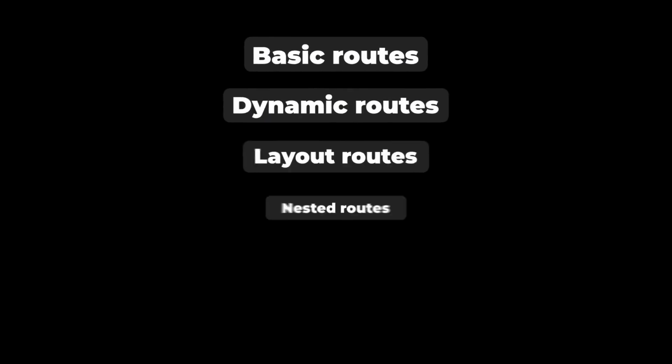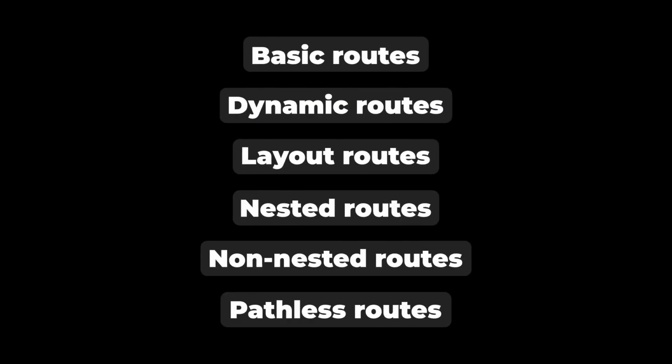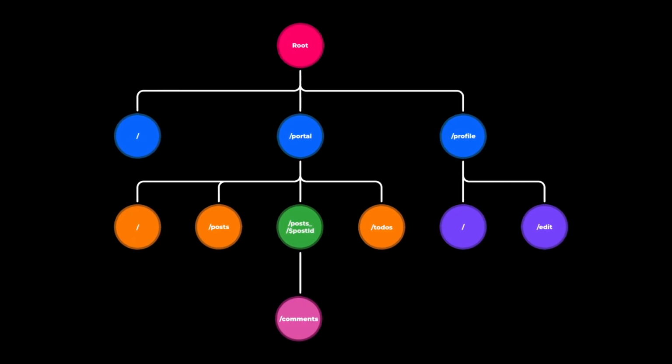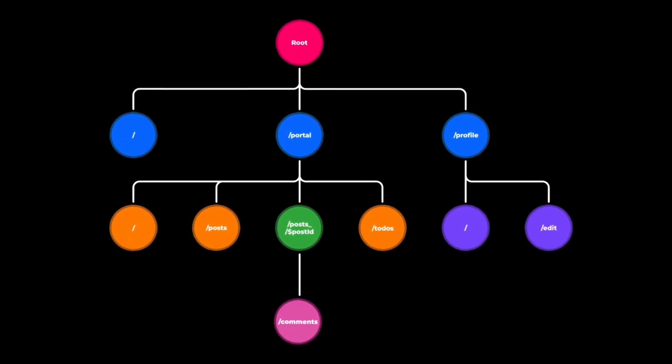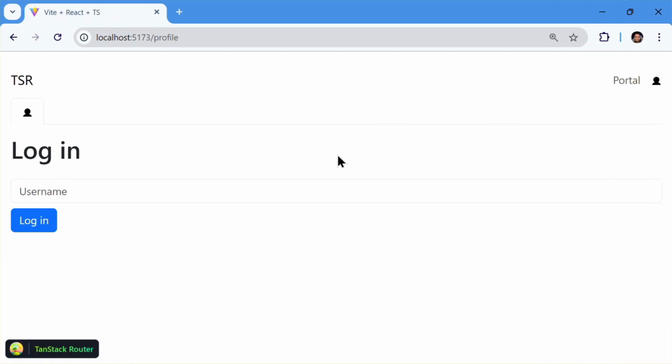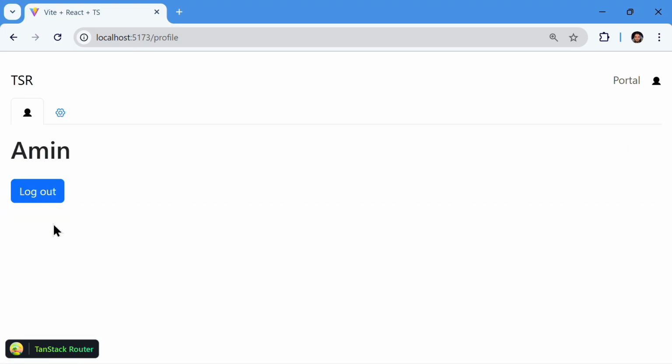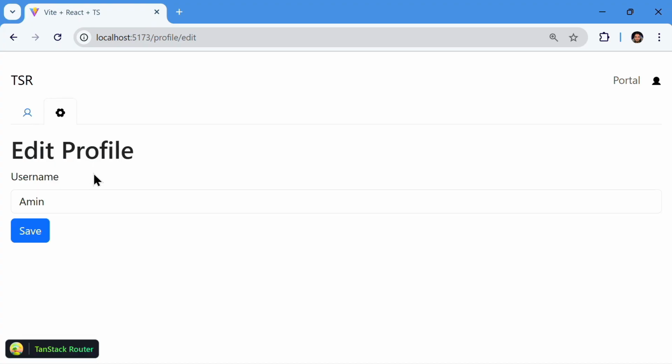Now, where are we heading with this course? Well, first of all, we're going to see how we can set up various types of routes. And little by little, we're going to build a complete route structure for our application. We'll also build a simple authentication system where we need to log in before we get access to authenticated routes. And by doing so, a new navigation item pops up, which takes us to the Edit Profile route where we